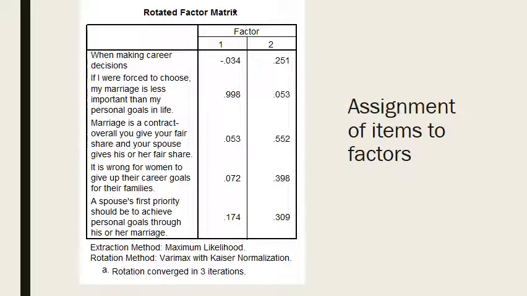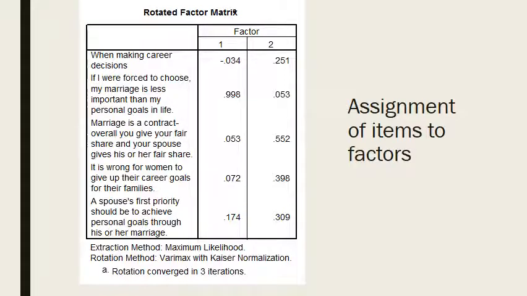But the issue is we've got a couple of funny ones here along the way. For instance, that last one, a spouse's first priority should be to achieve personal goals through his or her marriage. It falls on factor 2 at 0.309, but it falls on factor 1 at 0.174. That's actually not that different. If you subtract those out, that's only about 0.13. So that's not a very big difference. A rule that you might pick is, okay, it needs to fall at least 0.30. It does that for that last question, but it's not 0.2 or 0.3 different. So you might pick 0.2 or 0.3 different,